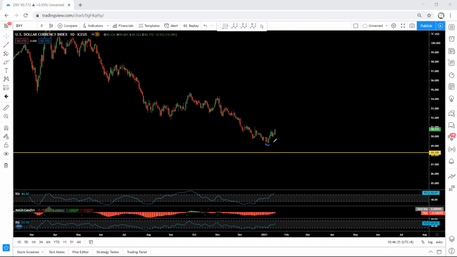Now we have this move. For this week, the question is whether this is the start of the up move, or again, we can still expect the price to drop. How deep, whether it can break this low or not, we are not sure. That's why we want to know how we can trade this one. In this case, we don't have much information based on the daily chart. We move to the forward chart.